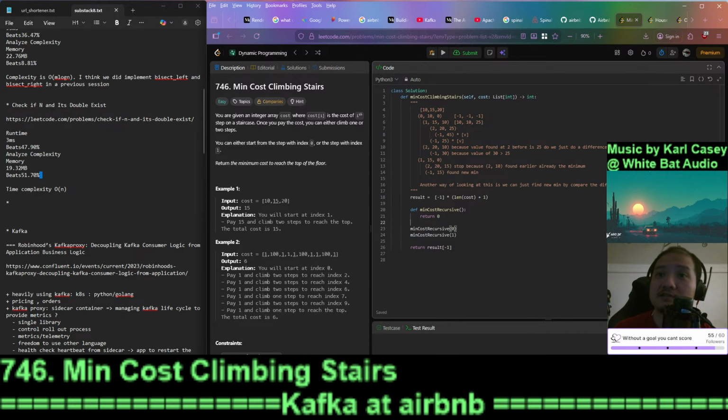Because the index will be where we started, right? This is actually 0, right? Okay. So if I is greater than the length of cost, then basically we return